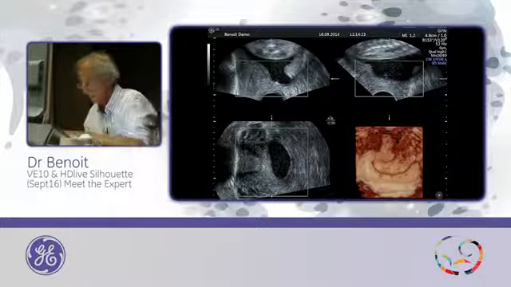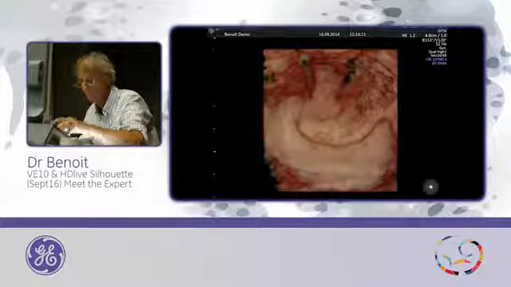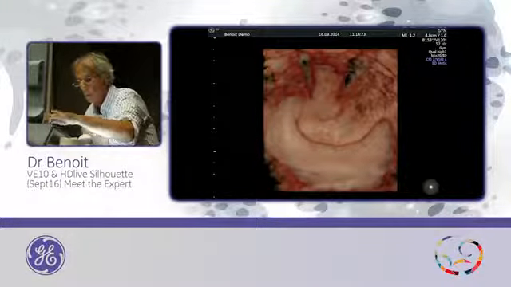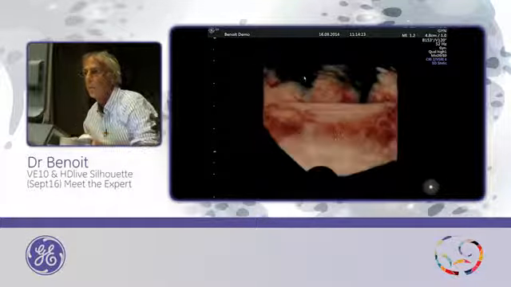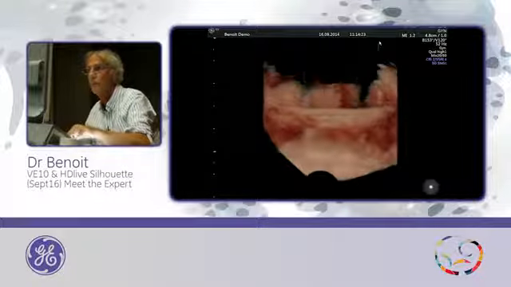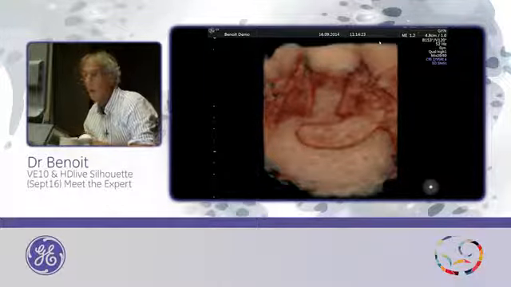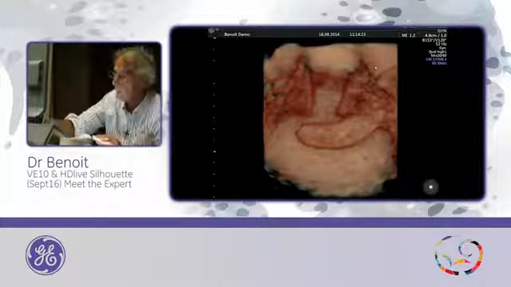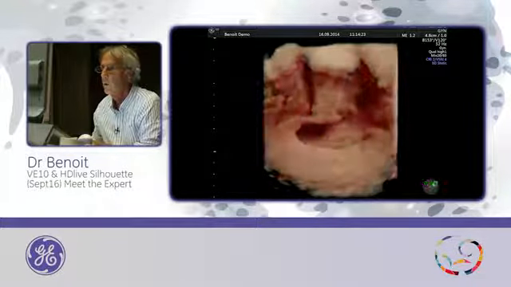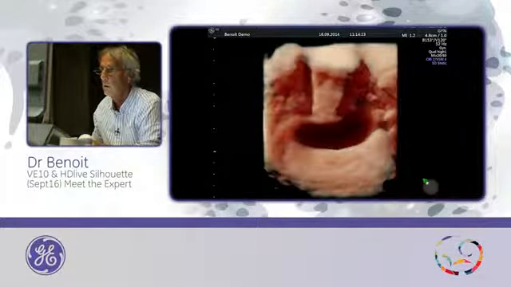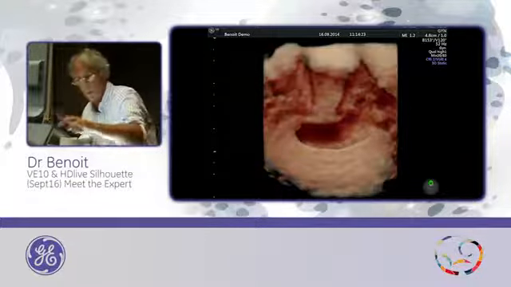Rotate. And with a magic cut, I will clean this part. And this is a view of this from inside the uterus, the view of this scar. We don't like to see such a picture, but it's